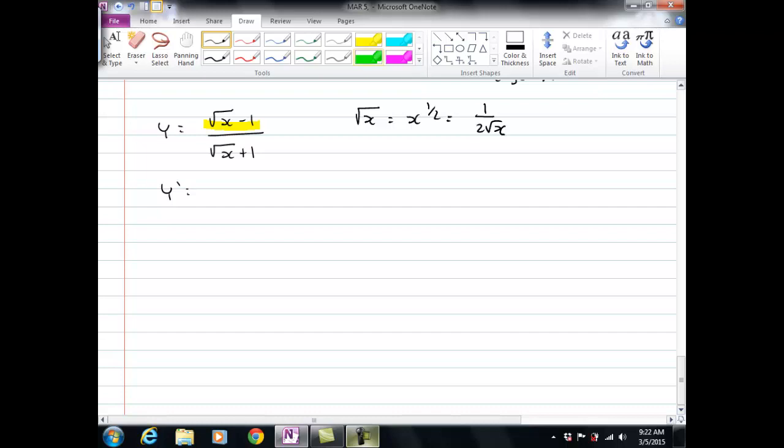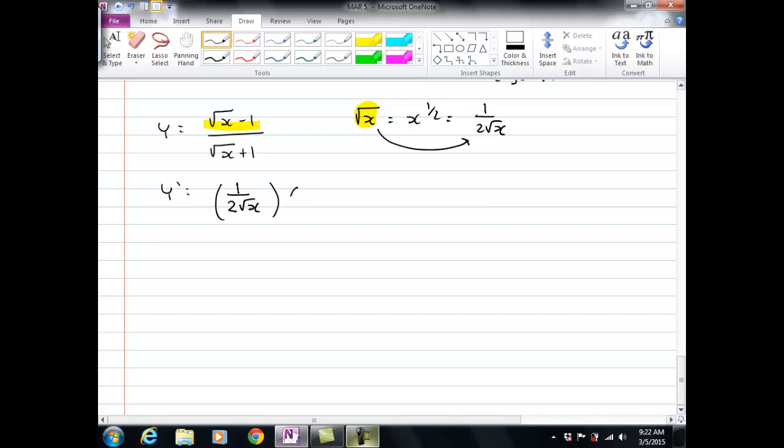Okay. Remember, by the way, guys, here's a little hint. Remember this: root x will always become 1 over 2 root x. If you do the derivative correctly, it saves you a lot of time because there are going to be a lot of square roots happening later. So I know for a fact that it equals 1 over 2 root x